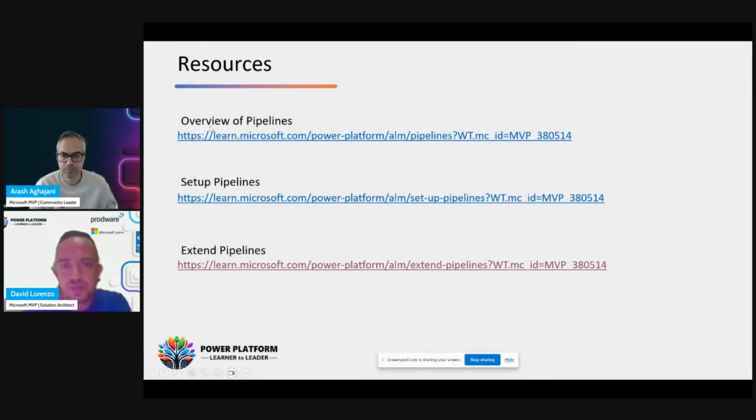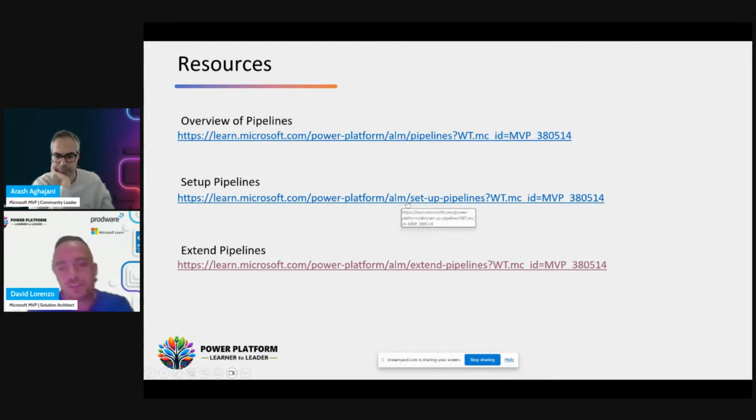In the first one, I recommend you take a look at this article in Microsoft Learn where you can read about the overview of pipelines, all the different features that it has. Then once you understand what pipelines are, you can read this article to learn how to set up the pipelines.